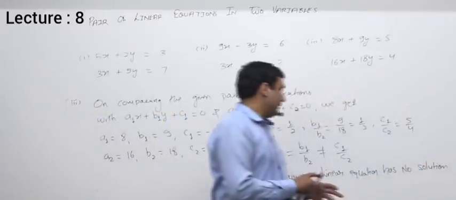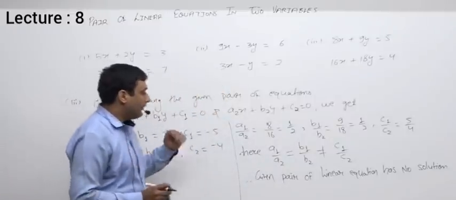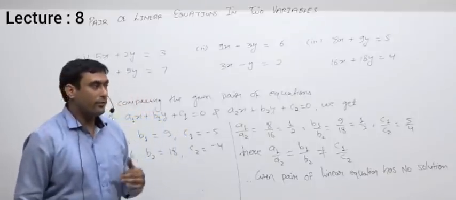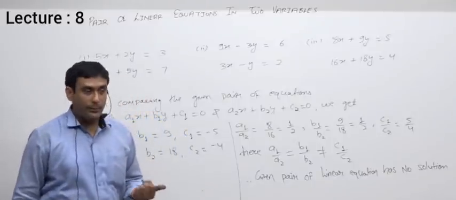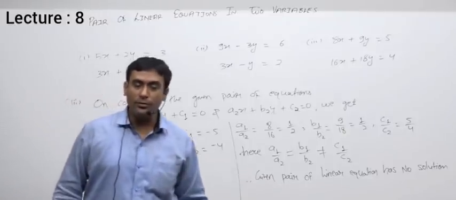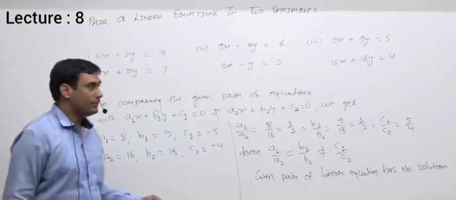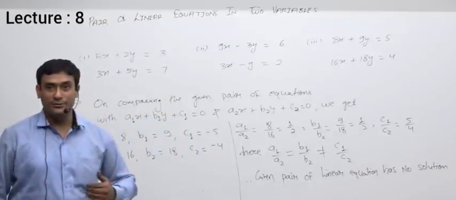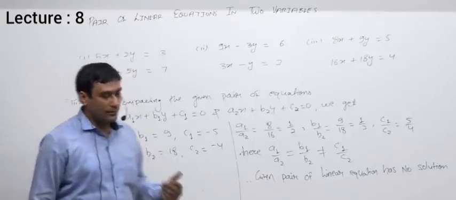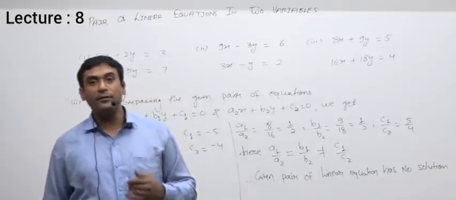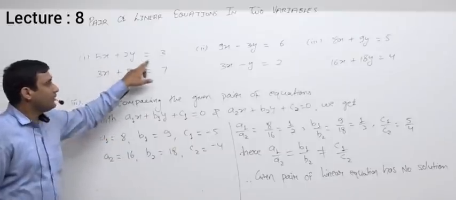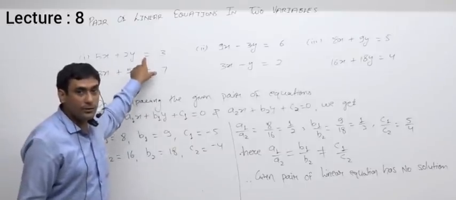Okay, so basically there are 3 types of solution. Here we discussed which type of solution we may get with a pair of linear equations: unique solution, no solution, or infinitely many solutions. Now how to get those solutions? So now we'll discuss how to get the solution. The solution means the value of x and y which will satisfy both the equations, not a single equation.